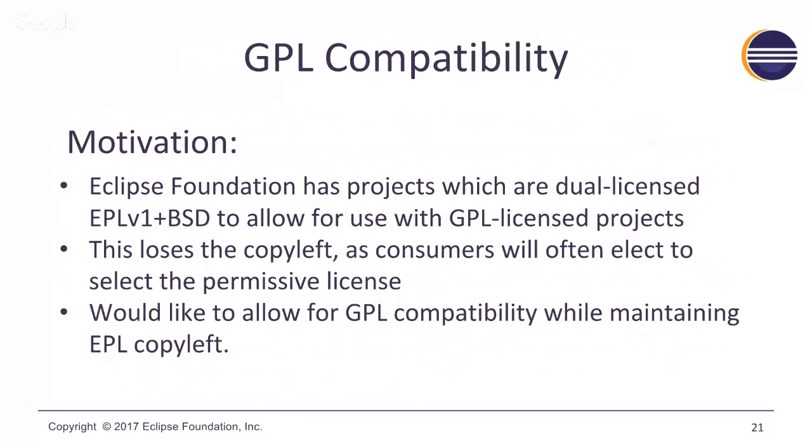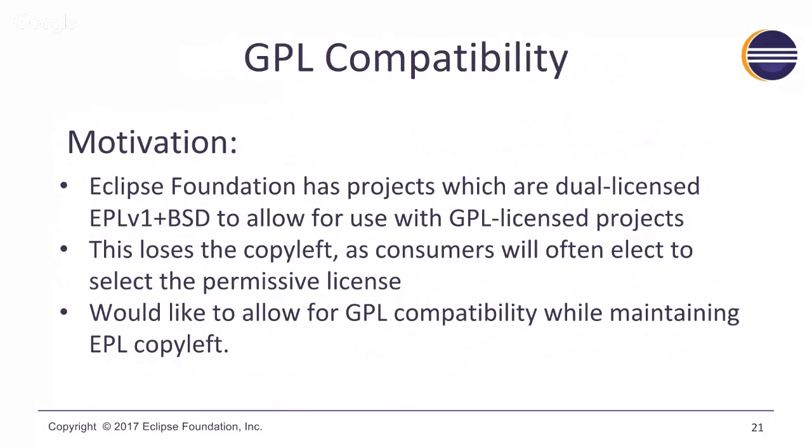Eclipse is very much motivated to be a commercially friendly open source foundation, including the ability to license commercially software that is based on EPL licensed code. But there have been numerous cases where projects requested to be dual licensed with the BSD in order to allow for GPL compatibility. So we've taken the approach that new projects at the Eclipse Foundation can say that they want to be GPL compatible, by adding a notice file that's specified in the EPL version 2, and that will allow for GPL compatibility without losing the copyleft, which is inherent in the EPL. We think this is actually going to help inspire contributions back to new projects